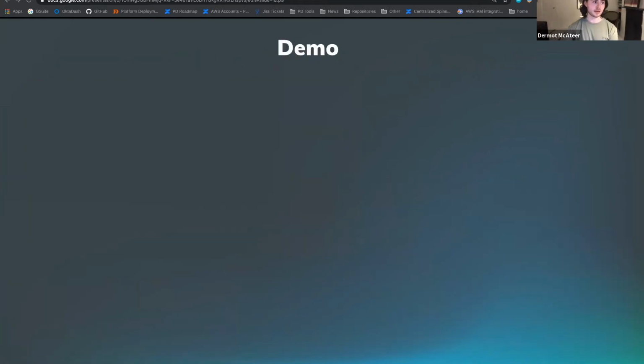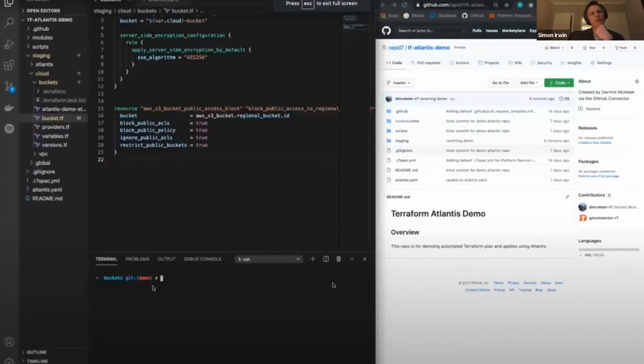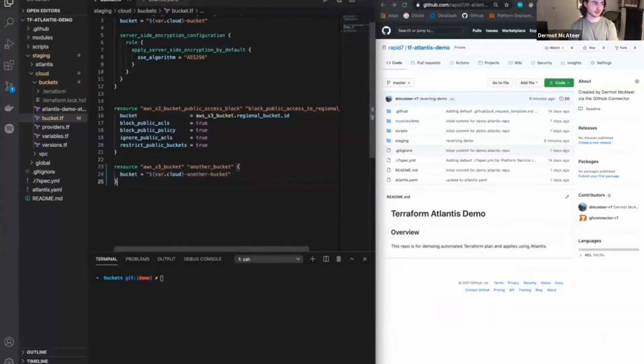So I've got a bit of a demo here, and I've just got it pre-recorded, so I'll just talk over the top of it so you can see how that process looks whenever you're developing. Can you make it a bit larger if it is small? So I've just got this demo branch, and I'm going to add our new bucket, which is called another bucket,